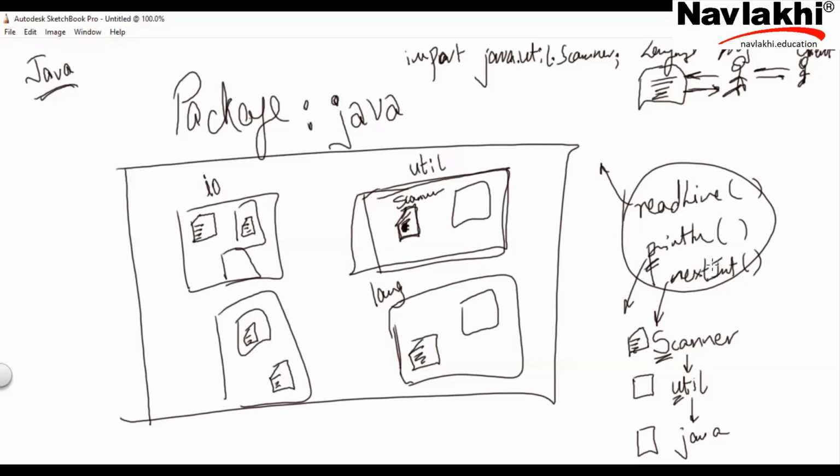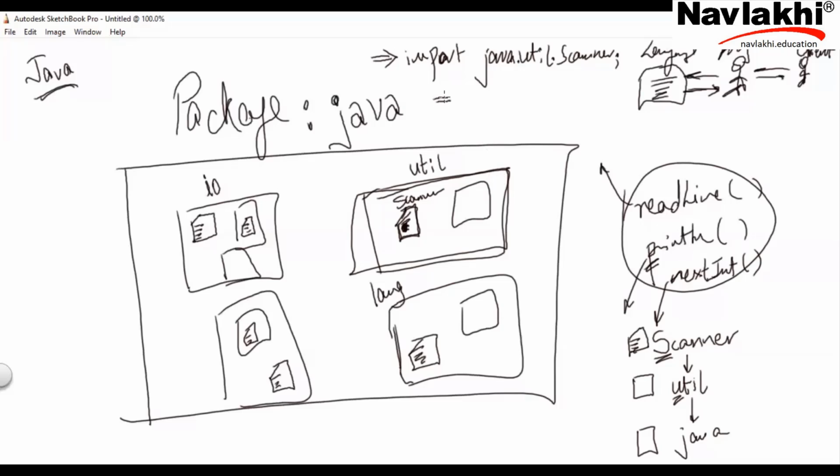So I repeat again, classes contain functions. Obviously, classes contain more things also, I'll come to that. Classes are inside some package. That package itself could be inside some package and so on. So the very first thing you need to do in your program is import that class whose function you are trying to use. You don't import the function. You import the class, and all the sub-functions of the class are available to you.